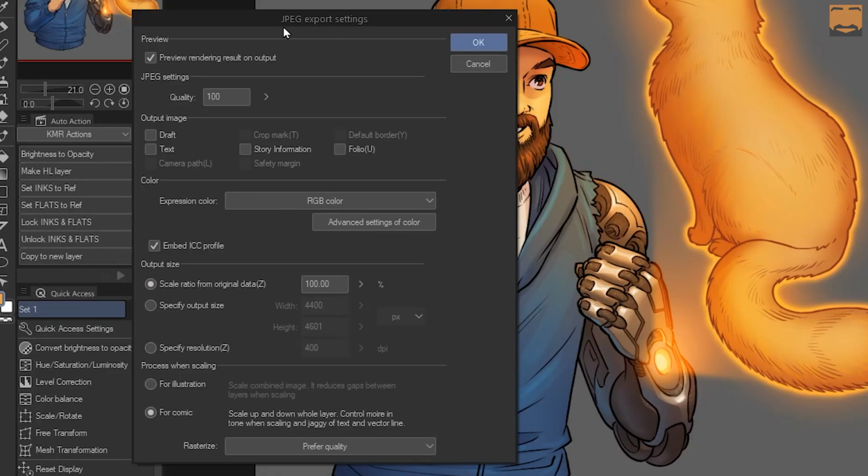This is going to bring up a couple of options. The first is to preview the rendering result on output. This just means that it'll pop up a little window, and I'll show you when we get to that point, that can show you what it's going to look like. I haven't really found this to be necessary. Next is quality. If you're worried about file size, you might want to lower this down. But the lower this number is, the more likely you're going to have artifacts,